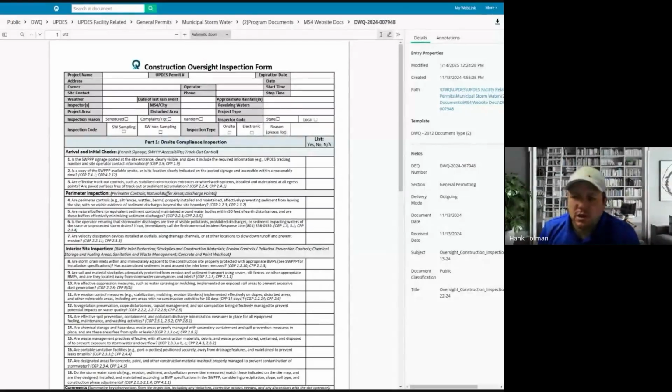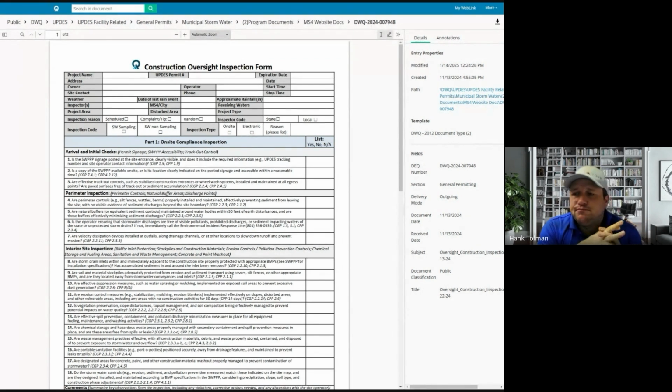So today what we're going to do in the next half hour is go over the new construction oversight inspection for the municipalities. Because of the changes to the permit last year and the new law that went into effect on January 1st, the USWAC is starting to put out some more stuff. Well, this doesn't come from USWAC, but they're starting to put out a lot of stuff to the MS4s